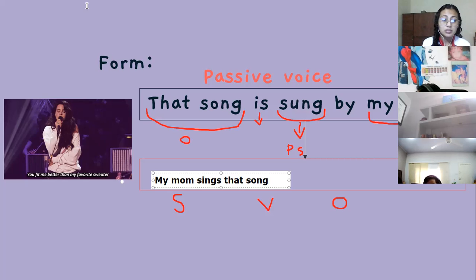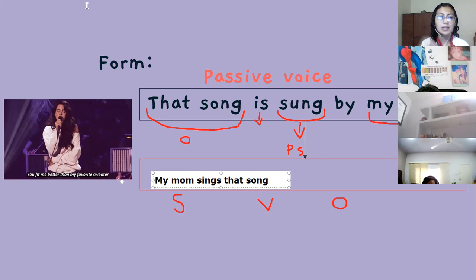Para que sepamos pasar una frase de voz pasiva a voz activa, tenemos que identificar el sujeto, el verbo principal y el objeto. ¿Listo? ¿Cuál es lo otro importante a identificar? El tiempo verbal. Si tú sabes en qué tiempo verbal está la frase, ya sabes en qué tiempo debe ir